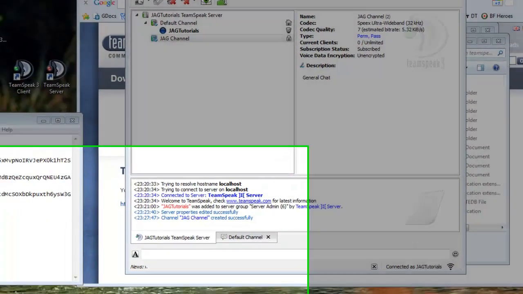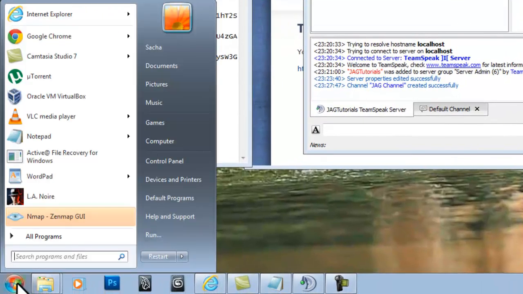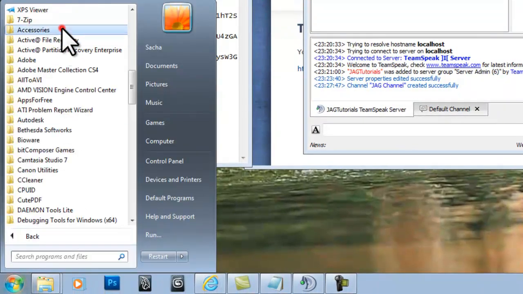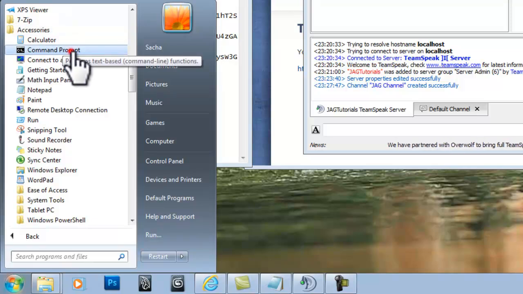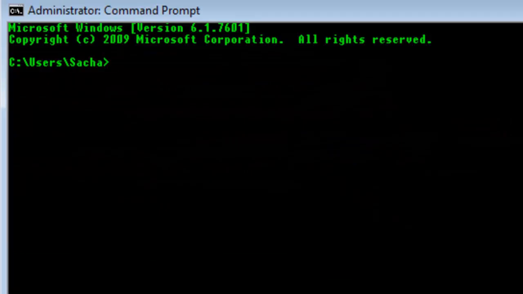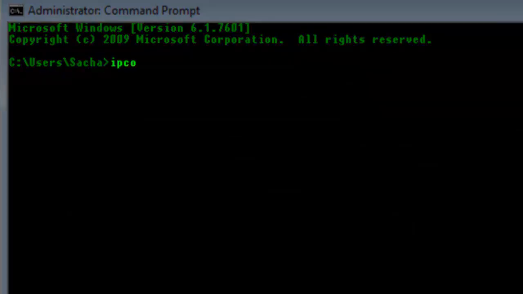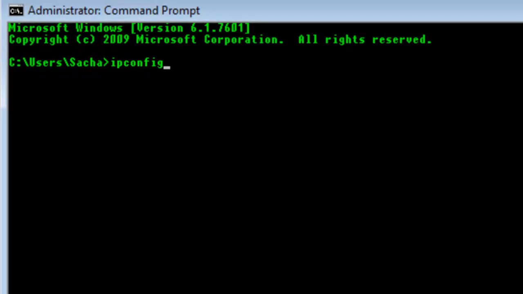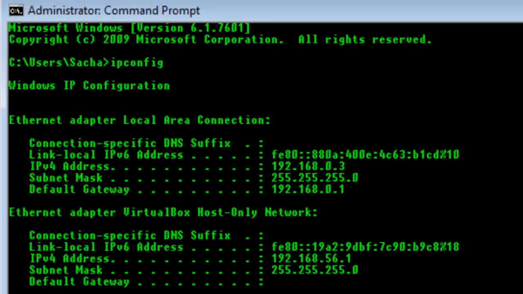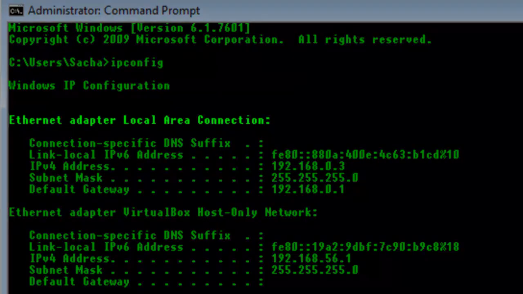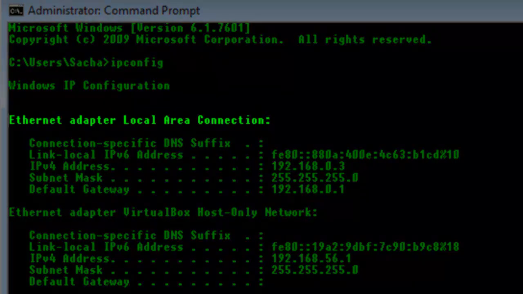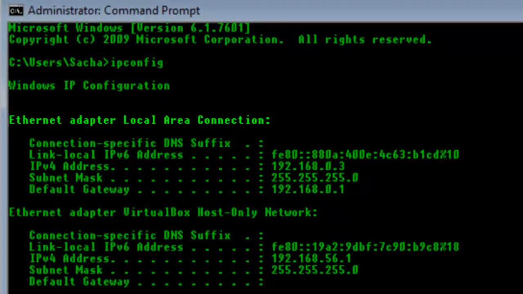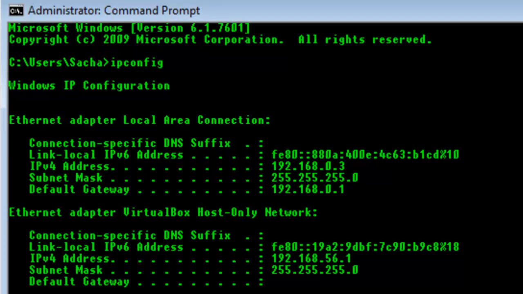Click the Windows Start button, All Programs, Accessories, and then select Command Prompt. A new Windows Command Prompt window will open. Type in ipconfig and press Enter. You may have more than one network adapter listed. If you are connecting with a cable to your computer, it will show under Ethernet adapter local area connection. If you are connecting wirelessly, it will show wireless LAN adapter wireless network connection. I'm connected with a network cable.